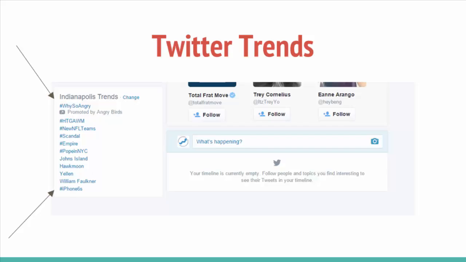So for example, on Twitter, you're going to notice that they have a trending section. And in the screenshot here, you can see what was trending on Twitter as I took the screenshot. All those topics were being talked about on Twitter a lot by a lot of people. So basically the idea here